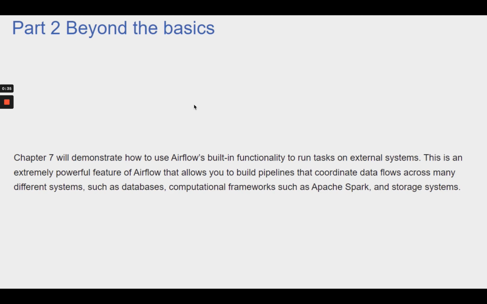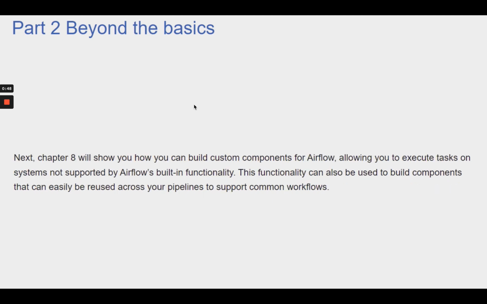This is an extremely powerful feature of Airflow that allows you to build pipelines that coordinate data flows across many different systems, such as databases, computational frameworks such as Apache Spark, and storage systems. Next, Chapter 8 will show you how you can build custom components for Airflow, allowing you to execute tasks on systems not supported by Airflow's built-in functionality. This functionality can also be used to build components that can easily be reused across your pipelines to support common